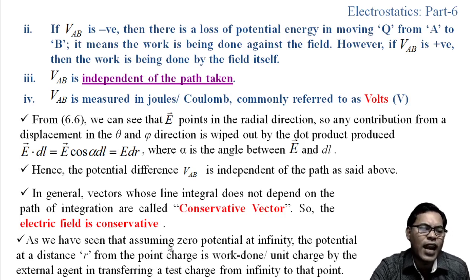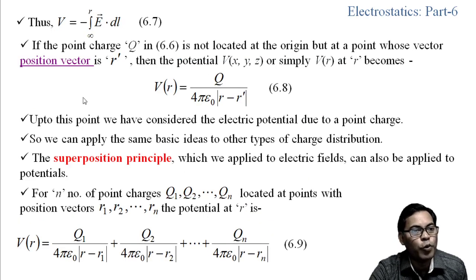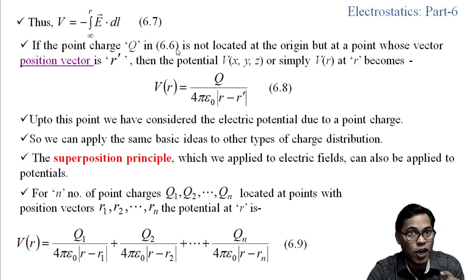Now we have seen that, assuming zero potential at infinity, the potential at a distance r from the point charge is the work done per unit charge by the external agent in transferring a test charge from infinity to that point. So mathematically we can write, V is the potential at the point whose distance from the origin is r. So that V will be equal to minus the integration from infinity to r of E dot dl. Now, the point charge q in equation 6.6, where we have seen V equals q by 4 pi epsilon naught r,